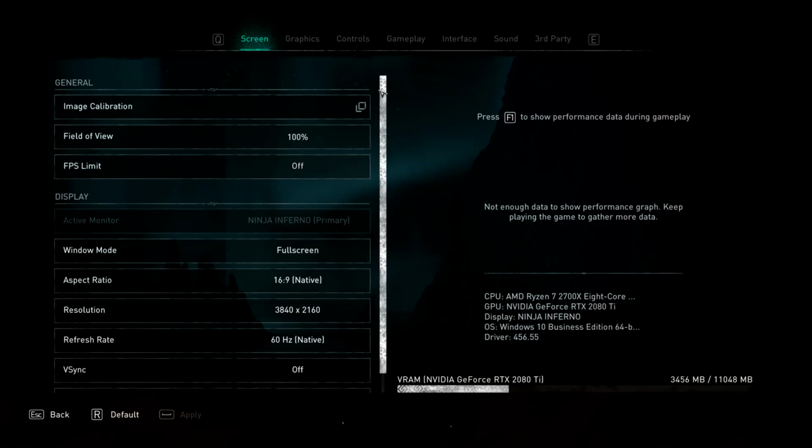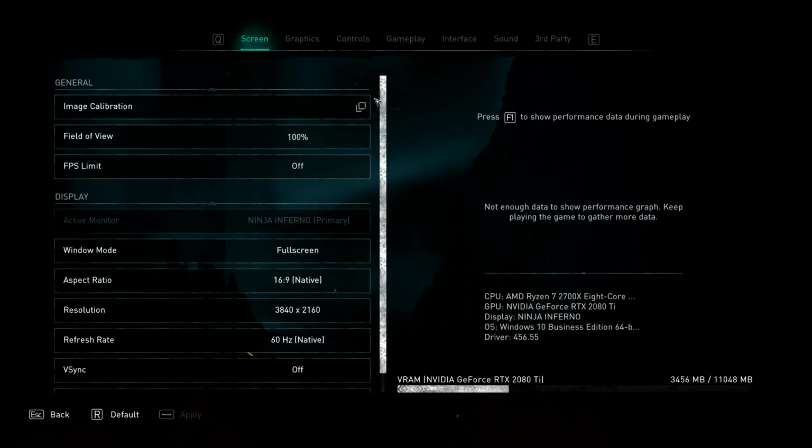Before we get started though, just a quick note on accessibility. It was super important for the team that you have all the tools that you need to make sure that you can have a comfortable experience, and you'll find a load of those settings scattered throughout all the various menus. But what better place to start right now than the screen settings?